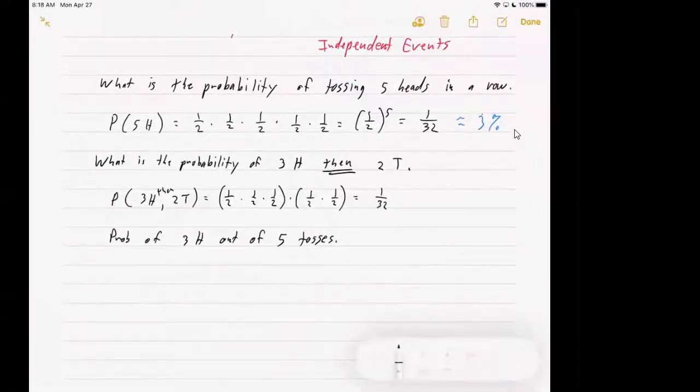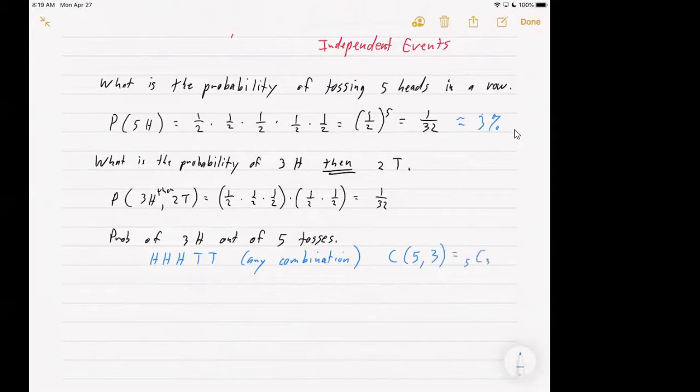All right, so what we have is H, H, H, tails, tails, but we can have any combination thereof. Okay, so we know from combinations we could look at C of 5 tosses, and we've selected 3 of the objects to be heads. Okay, you remember the notation could also be written that way, but the important thing is